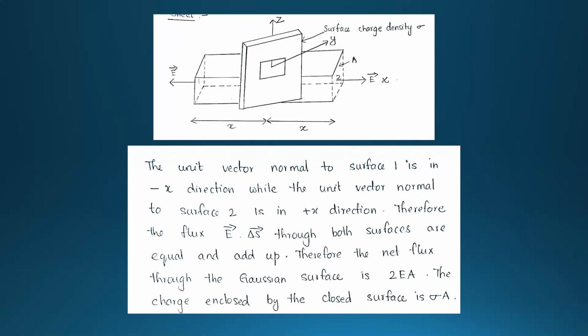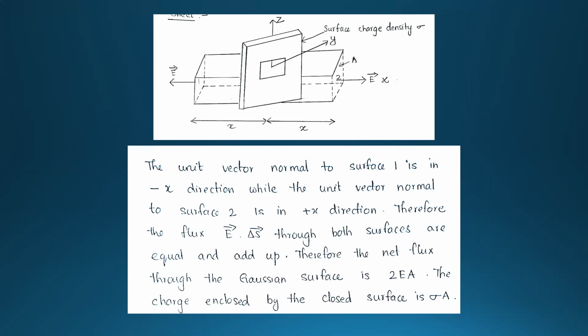Now, what I'm trying to tell you is, if you take face 1, that is surface 1, then the normal to that one, as I have shown here, is outwards, that is from right to left. Then the direction of the electric field and the normal are both in the same direction. Therefore, the angle between them becomes 0, cos 0 is equal to 1. Therefore, surface 1 will contribute to the flux.